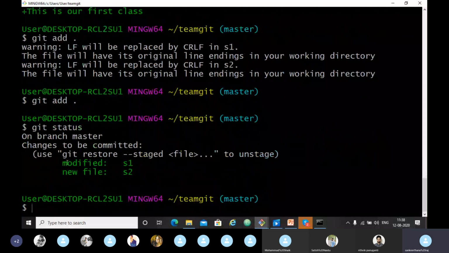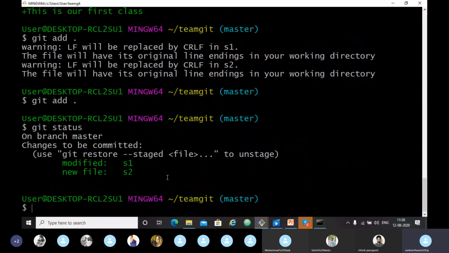See, it shows we have modified file S1, new file S2. Git is tracking the S2 file as it is staged. We have staged that with this command, git add dot.